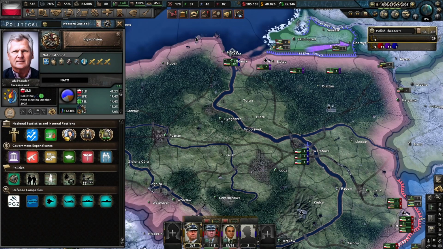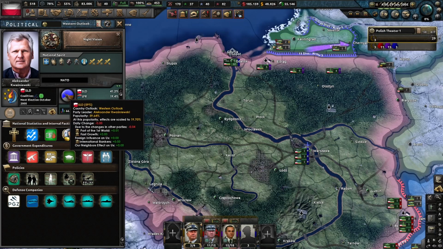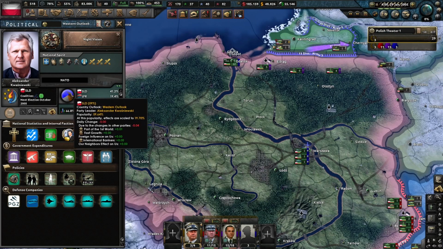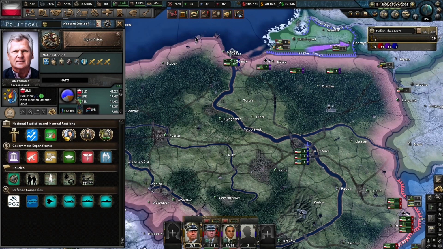Now, do you have a piece of this pie? So you part of your Western outlook, and you are... See, there's no way for me to, like, see, like, which...